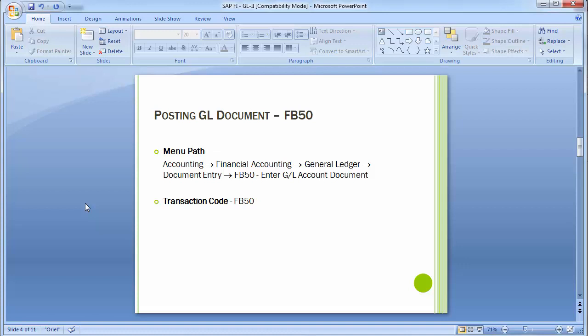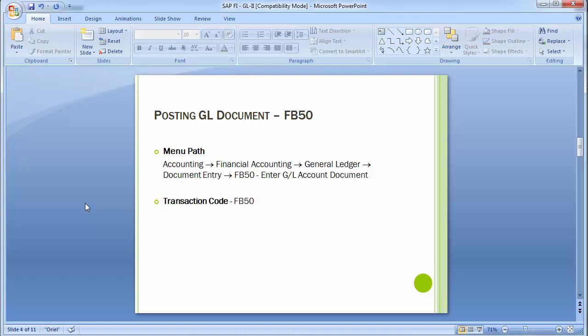So this particular transaction is used for posting business transactions, and this is specific for ledger to ledger transfers like cash sales, cash purchases, or any kind of expense payment or cash payment of expenses. So for these different kinds of ledger to ledger transactions, the transaction FB50 can be used, and this particular transaction is known as